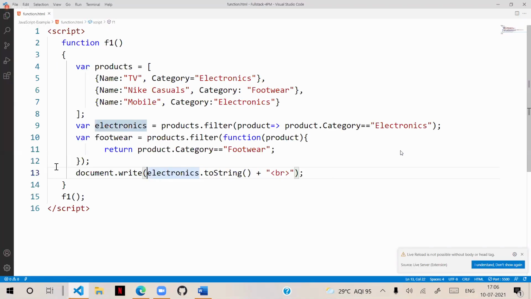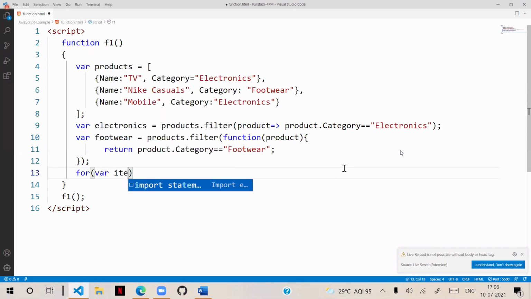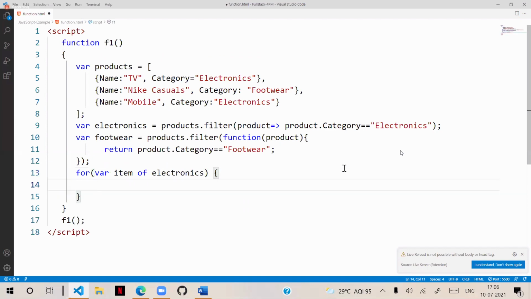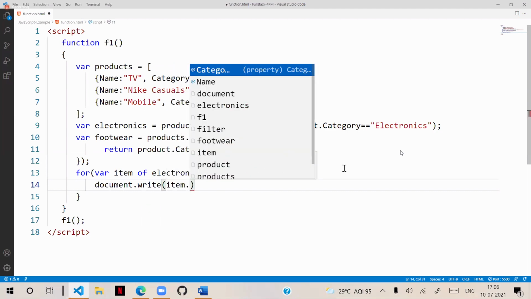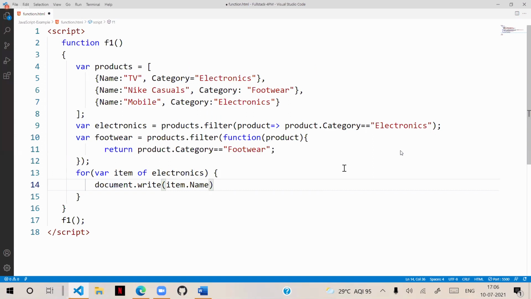But this is an object, right? We will do one thing. We have to use an iterator, for var item of electronics, because it's not ordinary, it has a name and all. So document.write item.name. We are accessing the name. That means all the electronic category related names we are printing and displaying.